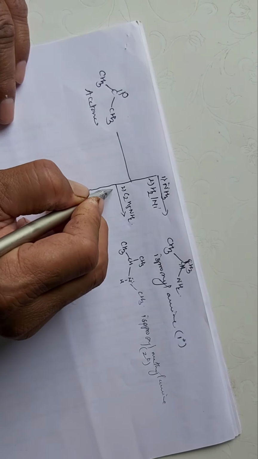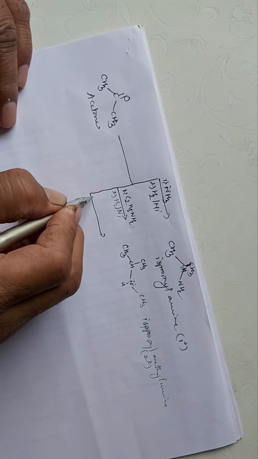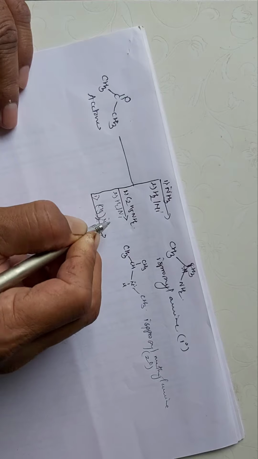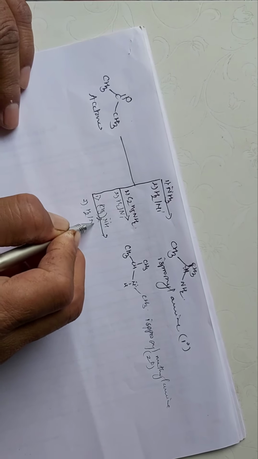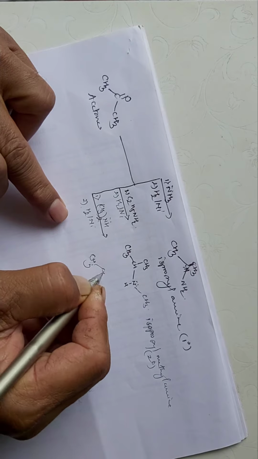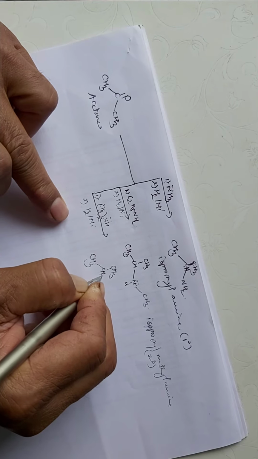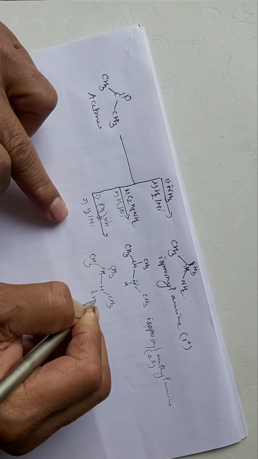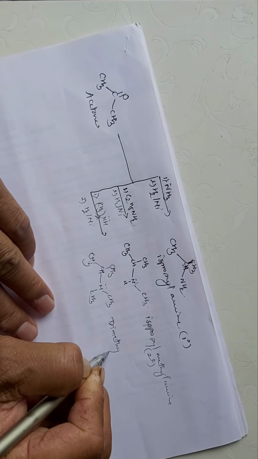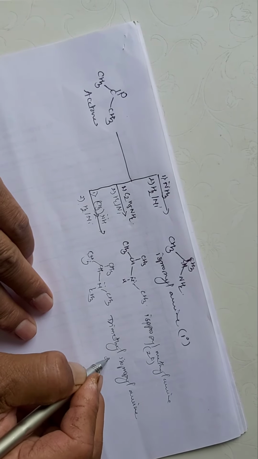Then here in the second step is reduction with hydrogen and nickel, and in the third type, that is the dimethyl secondary amine, dimethylamine, in the first step is allowed to react, and in the second step hydrogen and nickel reduces it and gives you the formation of CH3CH(CH3)N(CH3)2, that is your dimethylisopropylamine, and it's your tertiary amine.